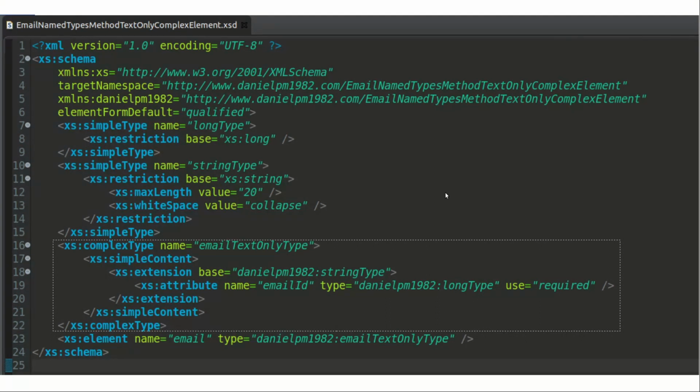Observe here that neither the simple type, which is the base type, nor the complex type that extends the base type with a simple content, including the extension of that base type and an attribute,